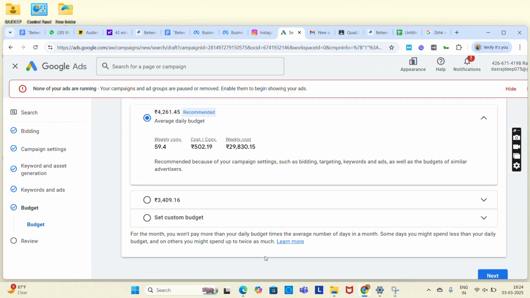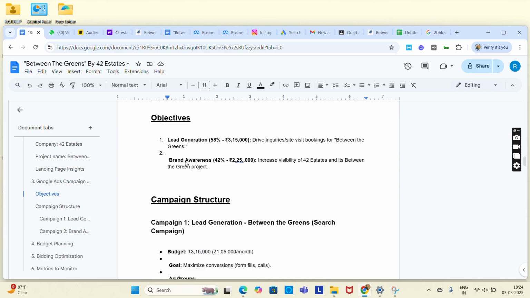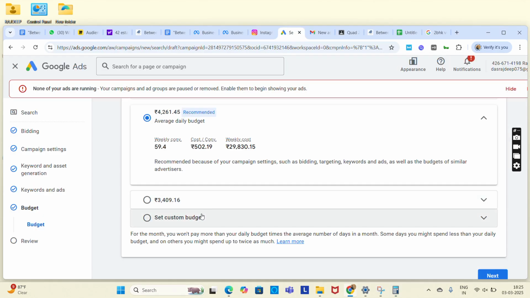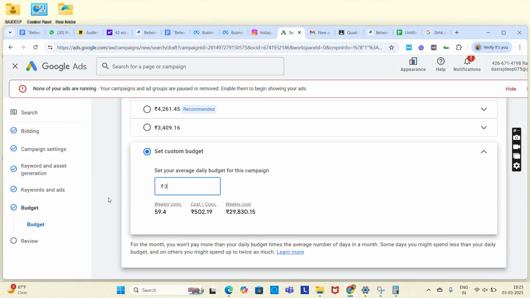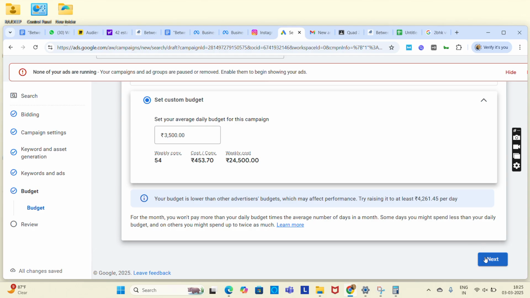So our lead generation campaign budget is 3,15,000. So we'll quickly do a maths. 3,15,000 divided by 90 days, which comes to 3,500 per day. We'll take our budget as 3,500. We'll do custom budget and we'll do 3,500 per day. So you'll see, similarly we'll get your details. Next we'll do